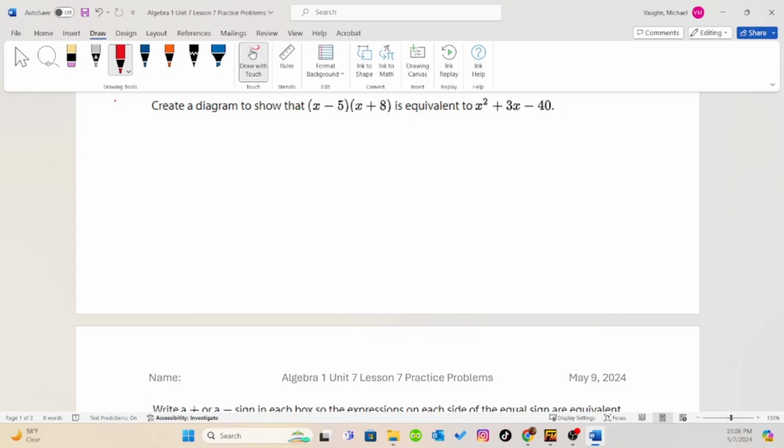On our next question, they want us to create a diagram to show that x minus 5 times x plus 8 is equivalent to x squared plus 3x minus 40. When they say they want us to create a diagram, what they're talking about is having the boxes